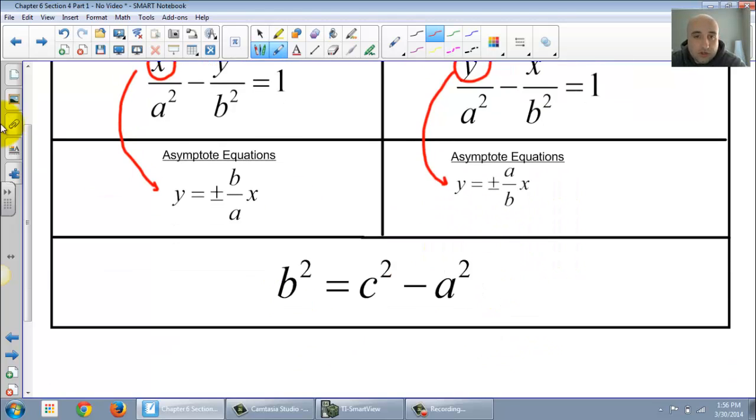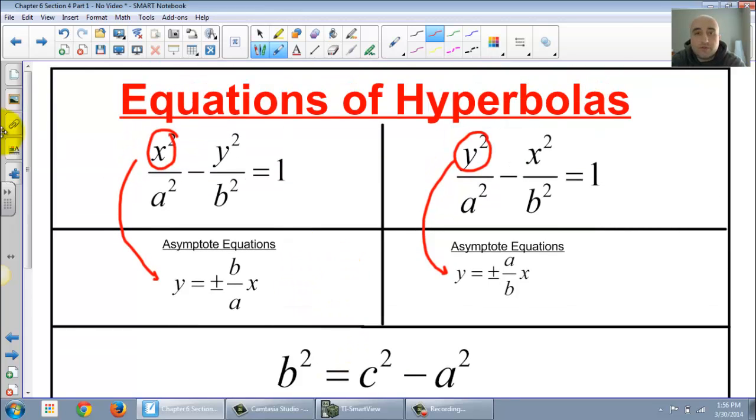Now the bottom equation should look familiar as well. It's c squared minus a squared for hyperbolas. The only difference is this was switched for ellipses. So we switched the c and the a when we're talking about ellipses and hyperbolas. They just flip-flop. We're going to use all these equations, which are very similar to the ones we've already done for ellipses, to do some hyperbola